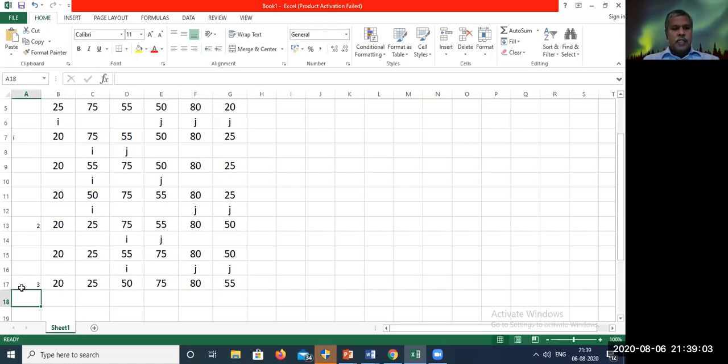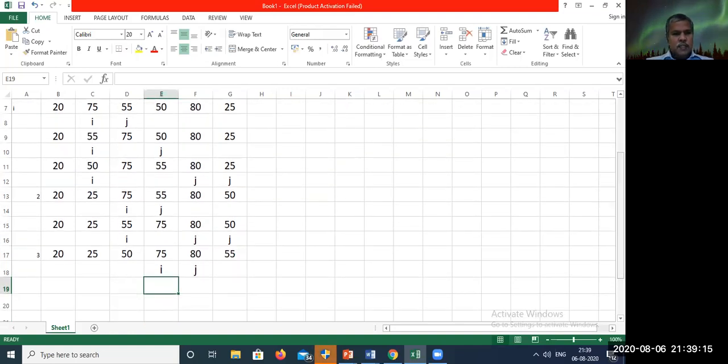Now I is in the fourth place, J is in the fifth place. Now I have to check the condition. My condition is: 50 is not less than 80. So I have to move J to the next position.